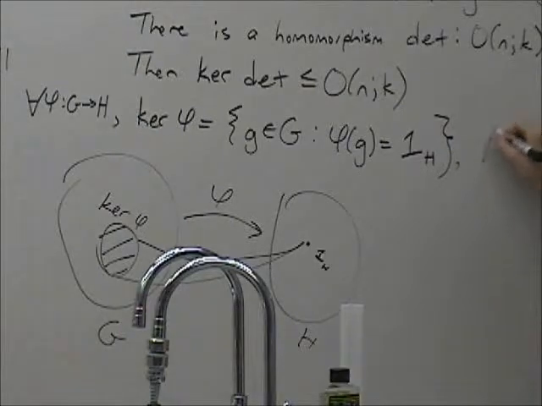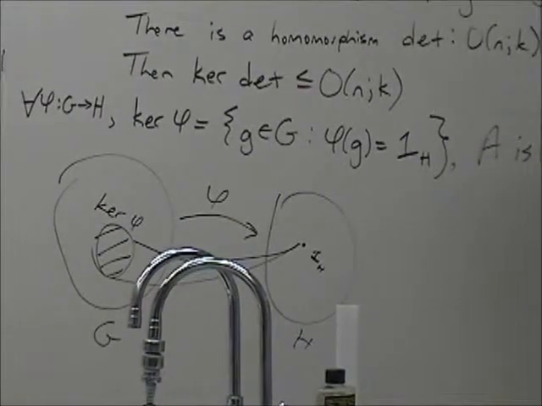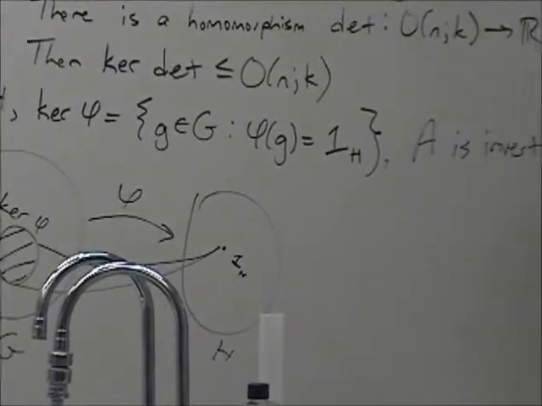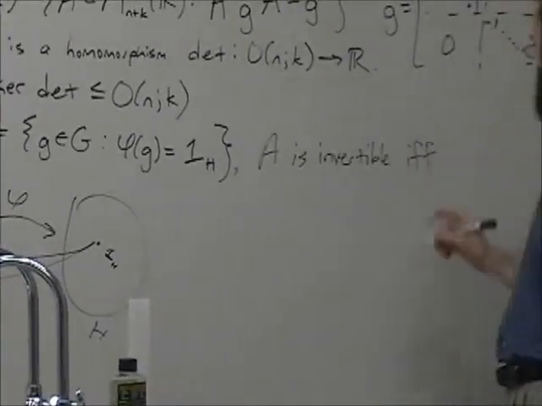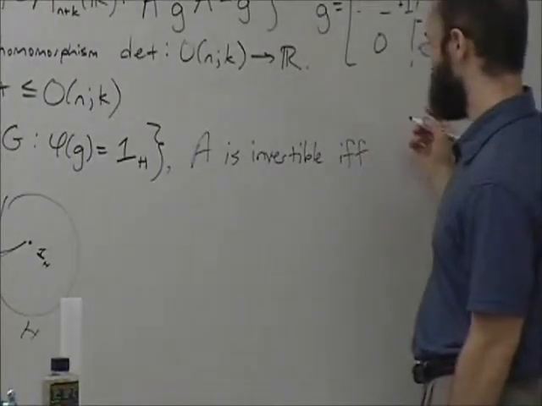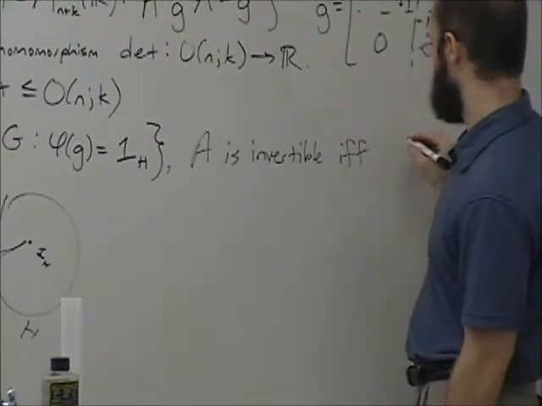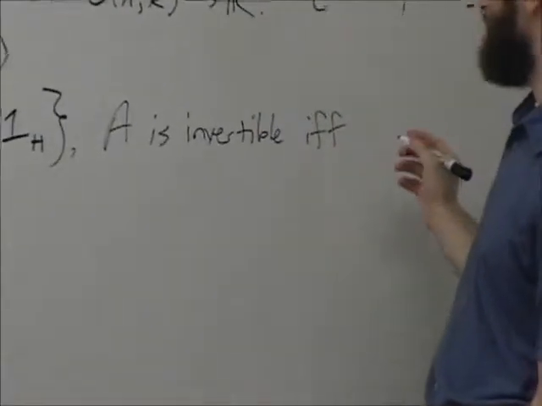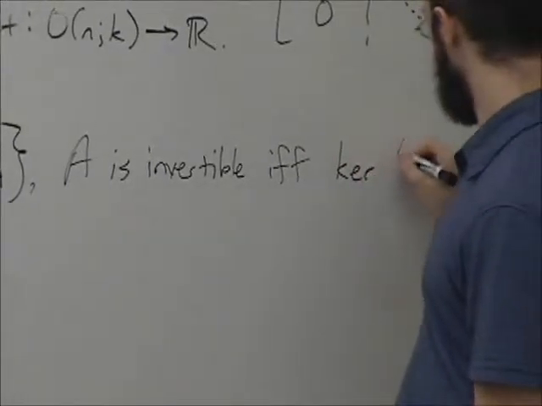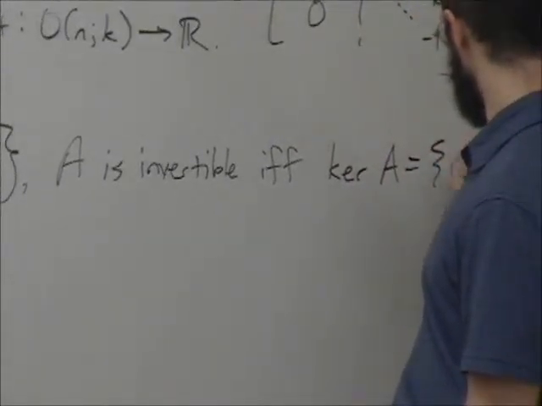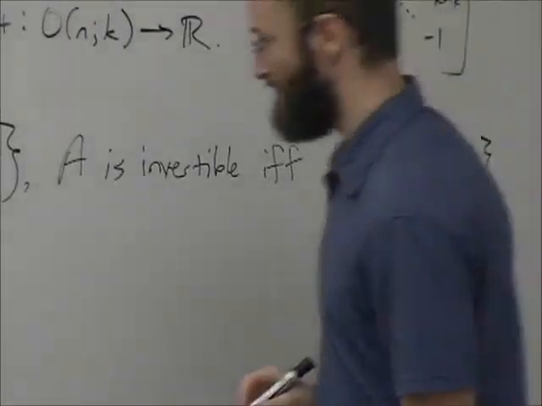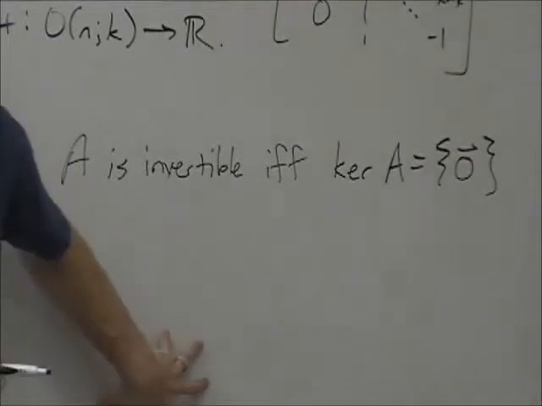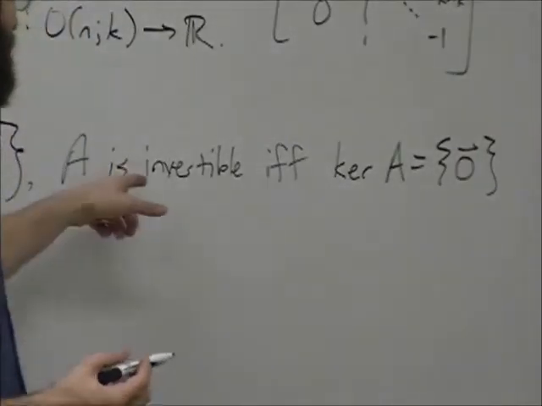A is invertible if and only if the null space, it's the same thing, I'll just write it like this, the kernel of A is just the 0 vector. Okay, so A is a linear transformation from some vector space to some vector space. Right. And you can look at